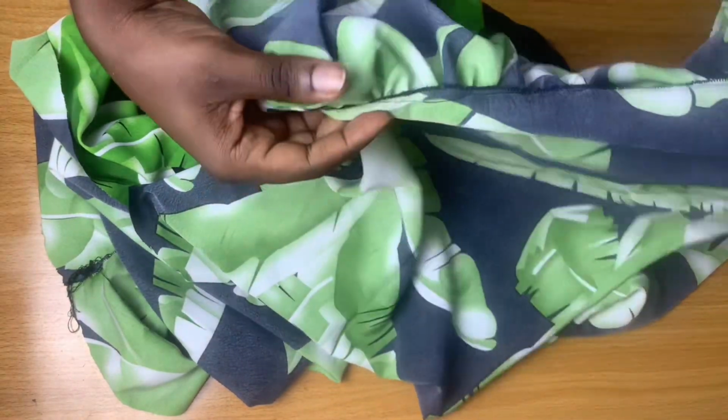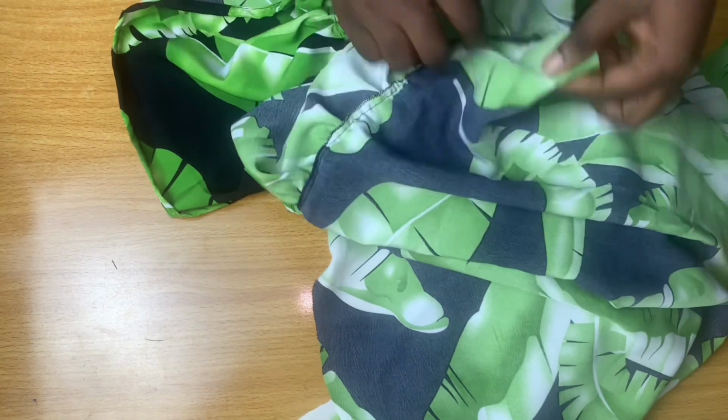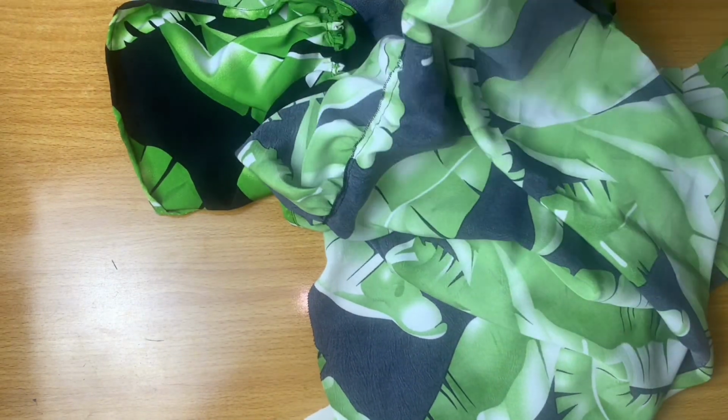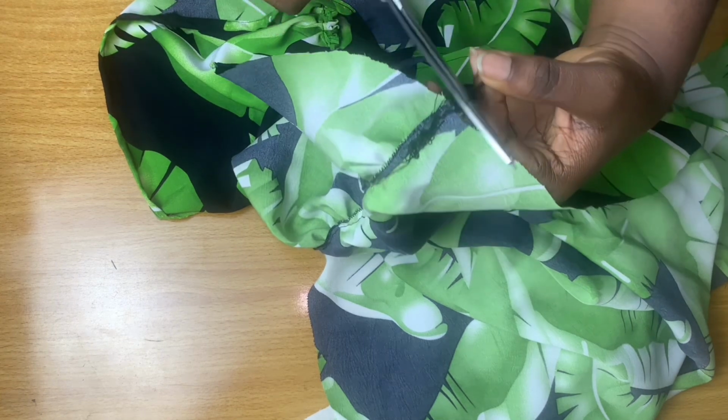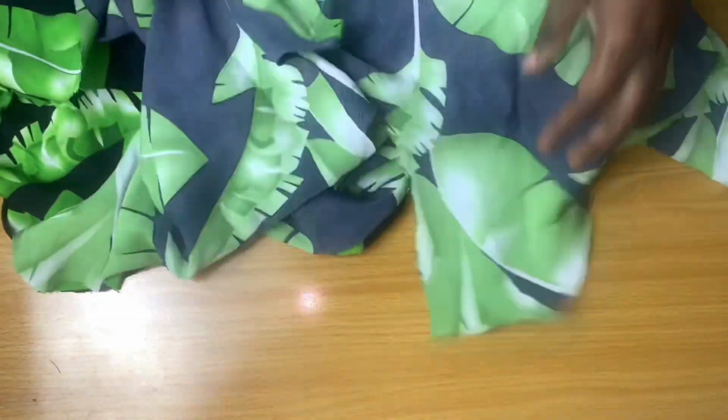So I've gone ahead and I've attached the ruffles to the front and the back of our dress. Okay, so this is how it looks like. The inside, you see it is neat. The outside, you'll be seeing the stitches on it. Okay, so what you are going to do next is you are going to now attach the